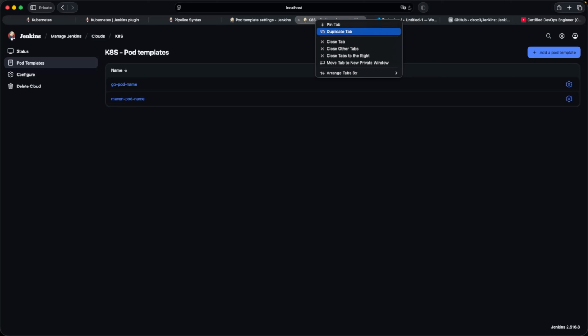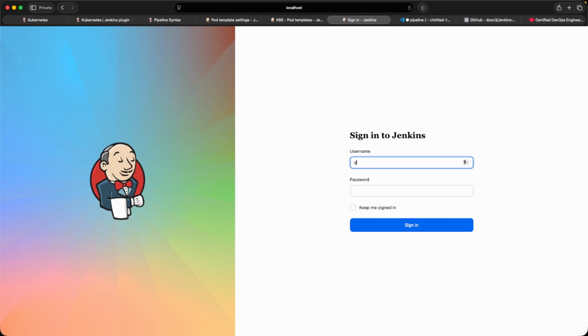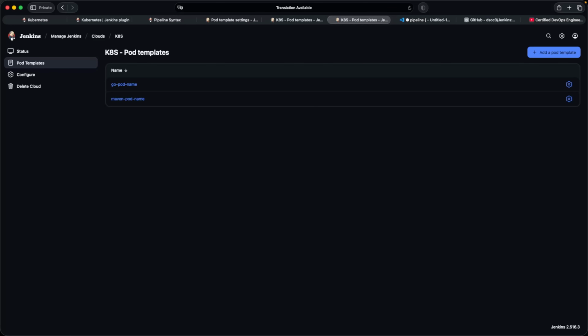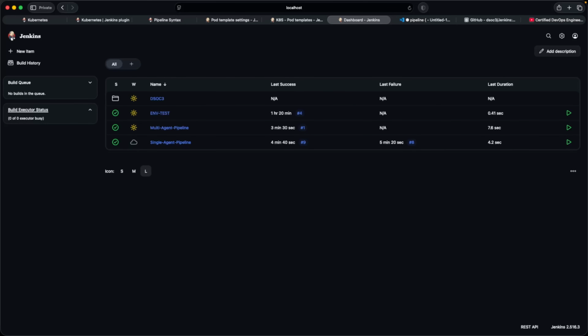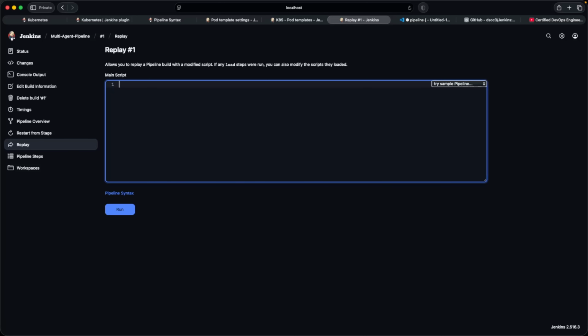Let's duplicate this and open one more tab. Yeah, it's a Safari browser, it has more security concerns. Anyways, here we go, multi-stage, and in order to test it, we will replay the existing pipeline. Once our code is successfully tested, then we will build, we will put in the configuration, and this time